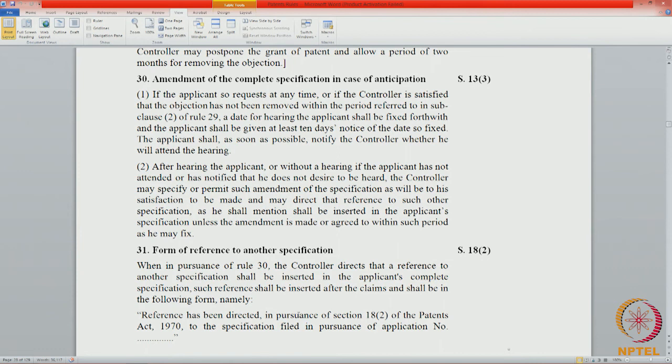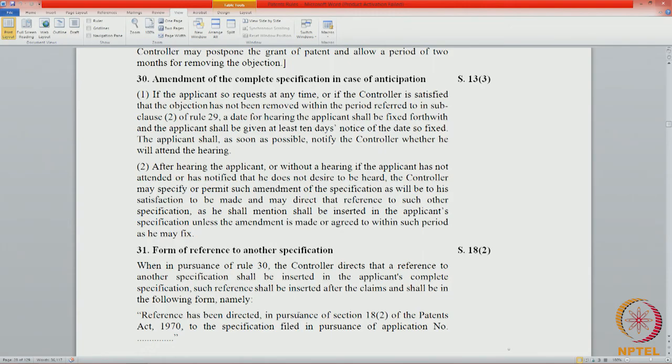We know that the controller shall not exercise his discretion without giving a hearing. So in section 15, a hearing is compulsory or mandatory. If the controller has a section 15 proceeding, a hearing is mandatory, because there is a provision under the Patents Rules, rule 129, which states that the exercise of discretionary power by the controller shall be done only after affording a hearing to the party who would be affected. So rule 129 mandates the controller to have a hearing.